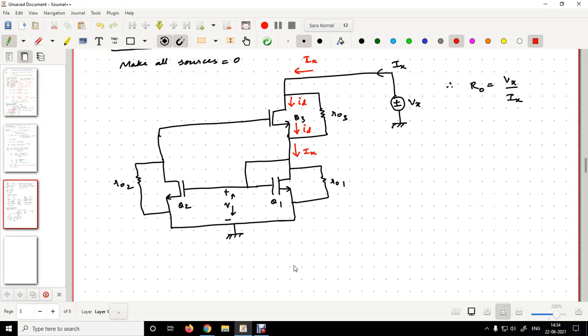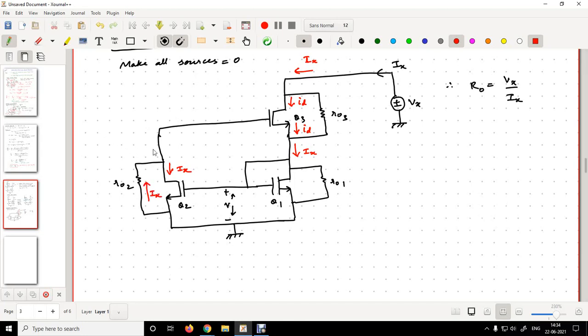Now see here, same thing, how we made the collector currents the same there. Here I am going to make the drain currents of both Q1 and Q2 the same. So the drain current of Q1 is the same as Ix. Drain currents of both Q1 and Q2 will be Ix. I hope you have understood this much. Now if you look at Q2, the drain current is Ix, then the same Ix will flow like this.